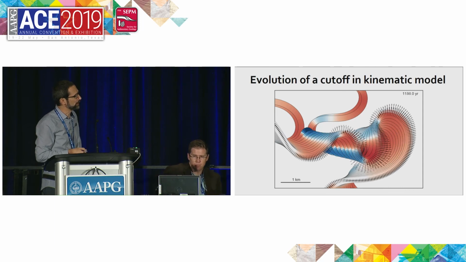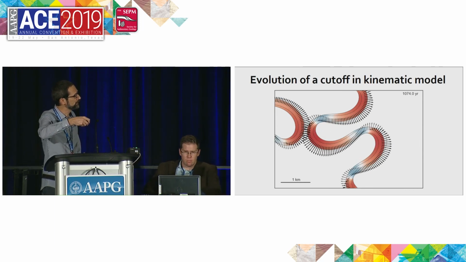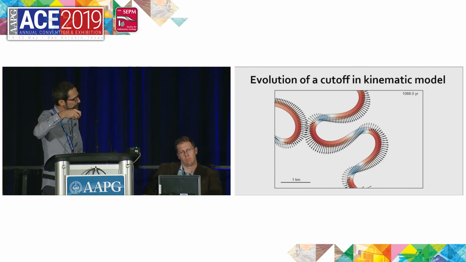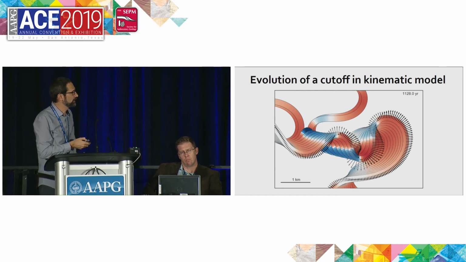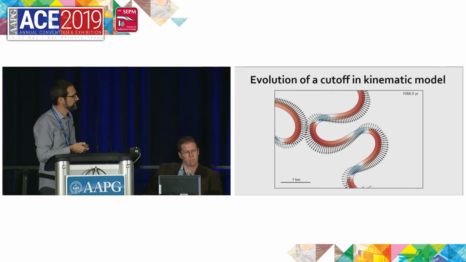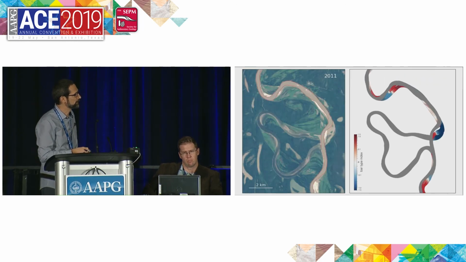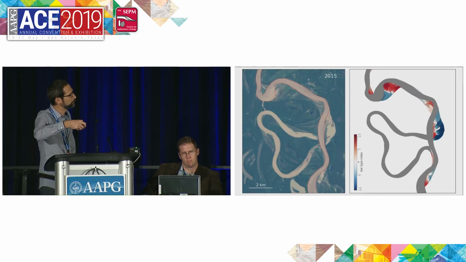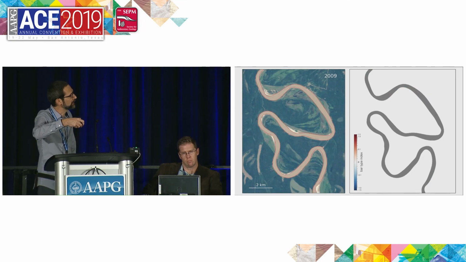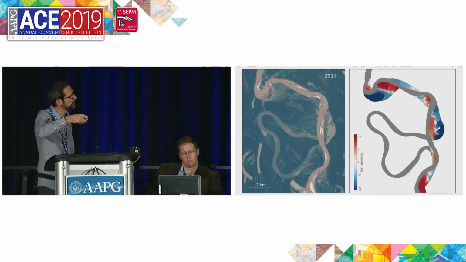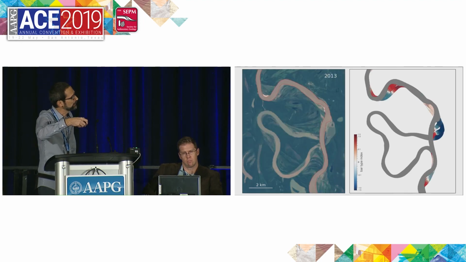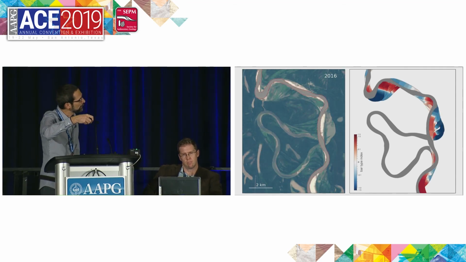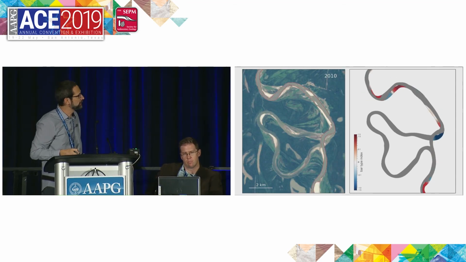Let's look at a quick model of a cutoff, which generates a sharp bend, which is rapidly translating downstream, and you have all these blue zones where you have more heterogeneities probably. So you can use models like this to predict longer-term evolution of rivers and predict distribution of the heterogeneities. This also happens in nature related to these cutoffs and other disturbances, other perturbations, if you want. And you can even see how a lake is forming over here in the shadow, in the wake. That was the word I was looking for, of this downstream translating meander.